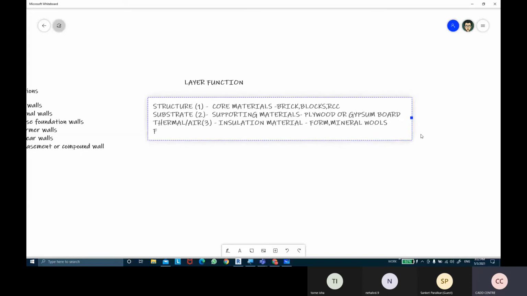Then the next function was finish. Finish 1, and then in the bracket it was written as 4. Finish 1 is generally for finish materials. So you have applied finish material.